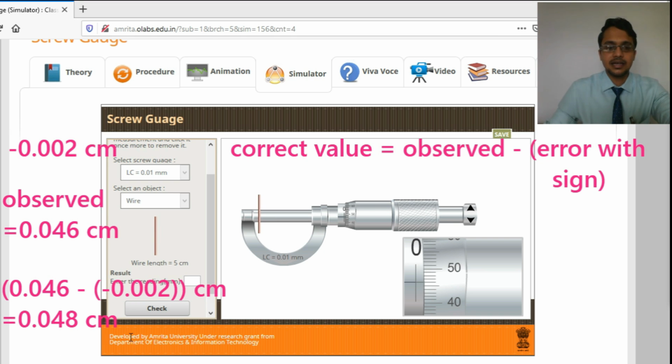Then you will calculate the reading. In this way we will take a few readings, and then we will find the mean diameter of the wire. After that we will calculate the cross sectional area. Again, after finding a few cross sectional areas, we will find the mean cross sectional area, and at the end we will see the percentage error in calculating the cross sectional area. So all the calculation I will show on the board in the laboratory. Okay.